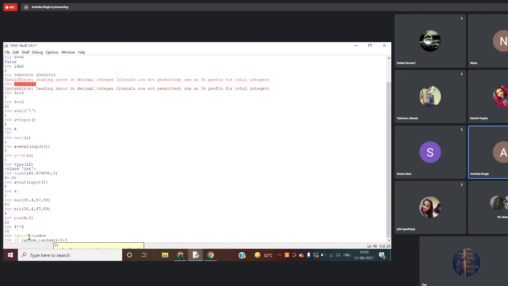Then the colon, because this is the start of the if block, so colon.